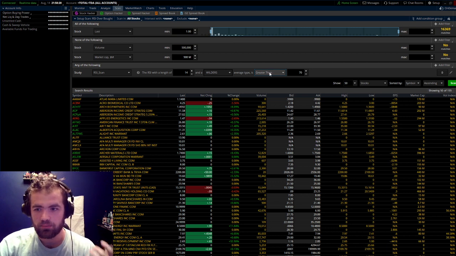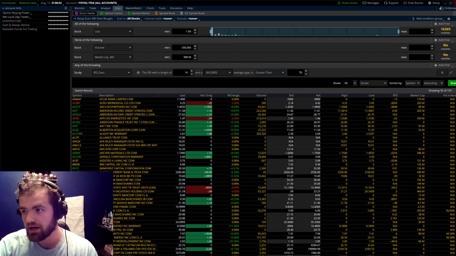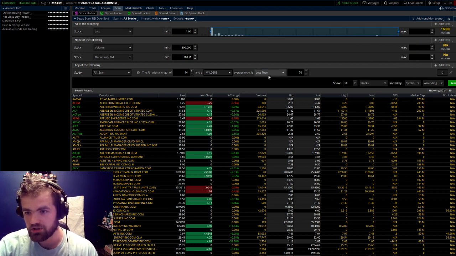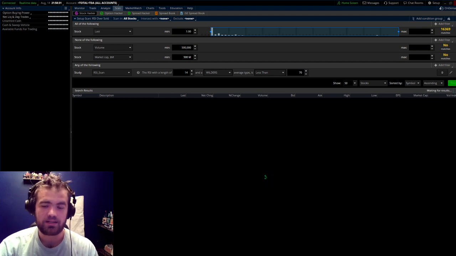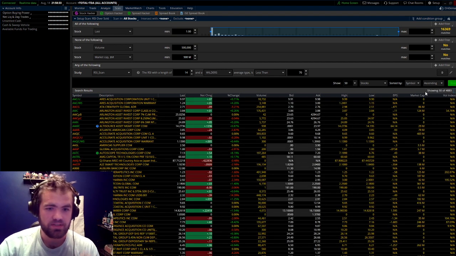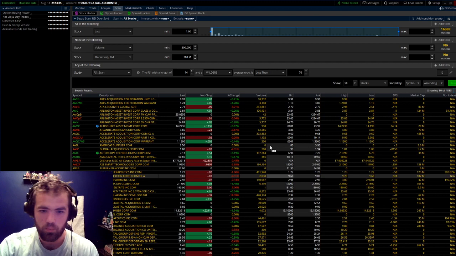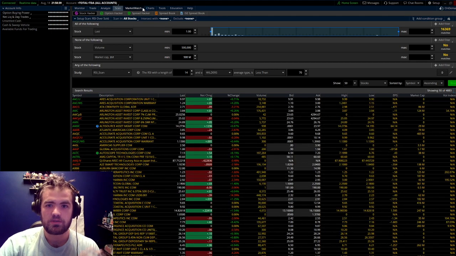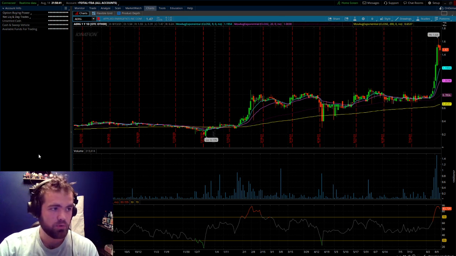So this is the overbought because it's greater than, but if we actually go and click our little thing here and load up our oversold one, it's going to change to less than. As we click scan, it's going to scan all the stocks in the market and find the ones that meet your criteria here. So now what we do is we go to charts and then we need to incorporate it